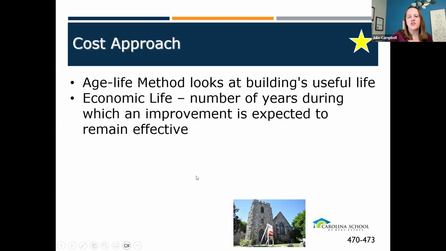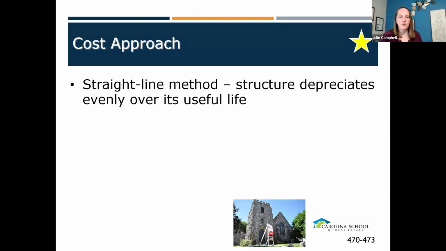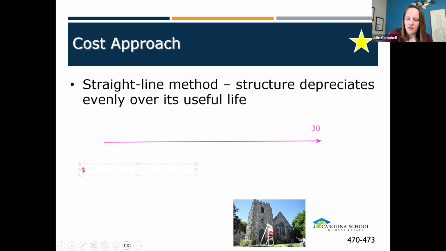And when it comes to depreciation, this is an accountant tool, they usually use what's referred to as a straight line method, which just means it loses the same amount of value each year. So if this is our timeline, and let's say we put an age life on it of, I don't know, 30 years. So we say this building is good for 30 years. The building is valued at 500,000. So if we take that 500,000, divide it by 30 years, straight line depreciation says every single year it's going to depreciate by